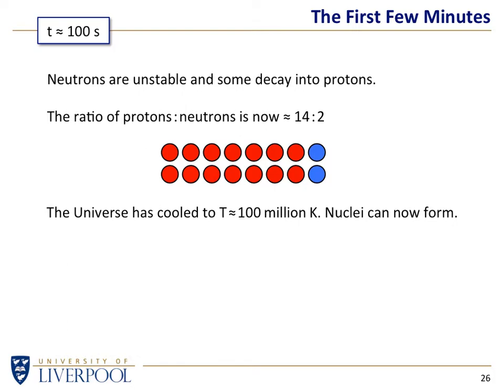When protons and neutrons get together, they can stick because they're no longer being ripped apart by the very high energies of the early universe. So after 2 or 3 minutes, it is possible for the protons and neutrons to start getting together and forming nuclei. How do they group up?